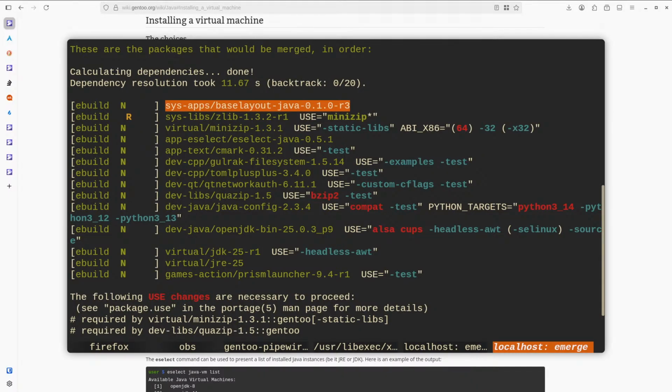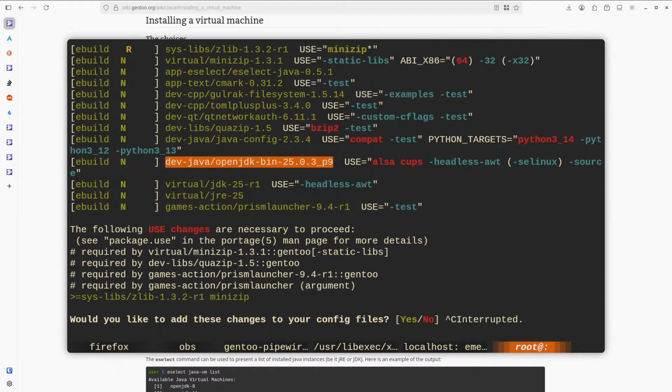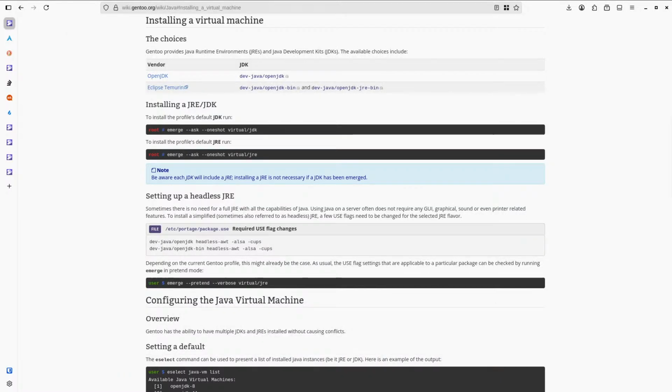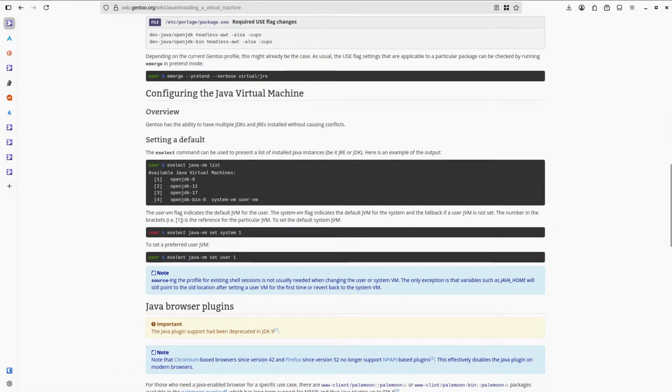Zlib, minizip, eselect-java, cmark, toml++, Qt network, host, Java configs and OpenJDK-bin. No, it's not building from source. Then I don't want to install it. If it's not going to build the Java runtime from source, then why would I?